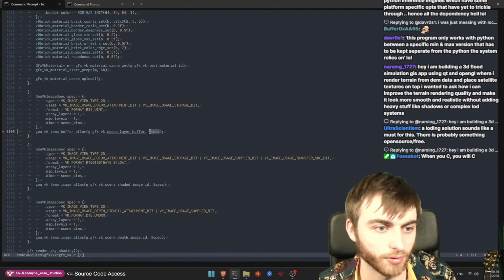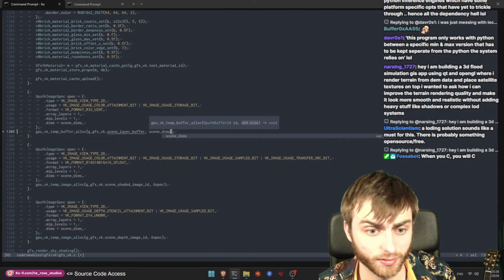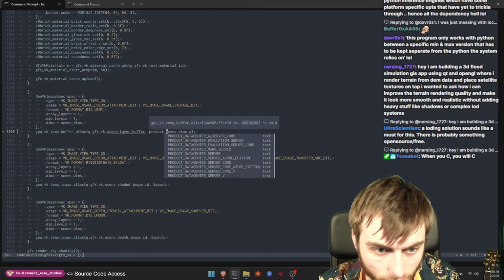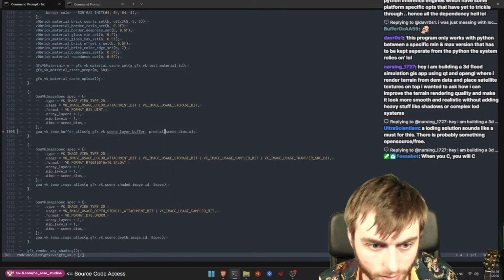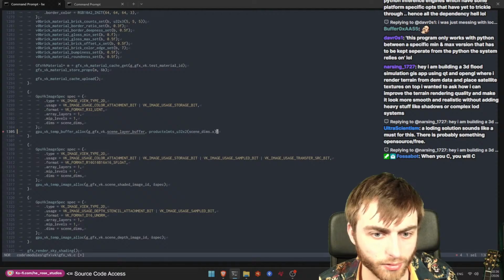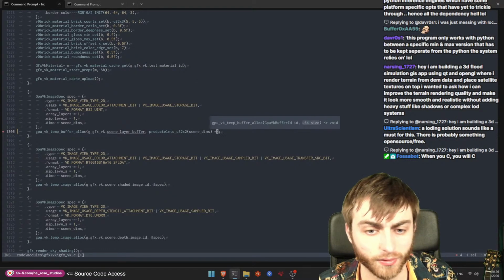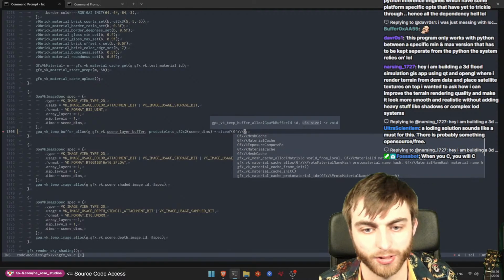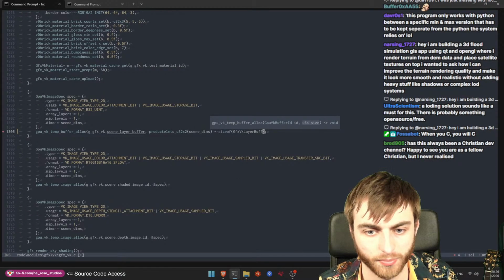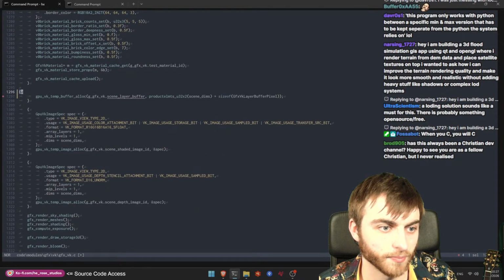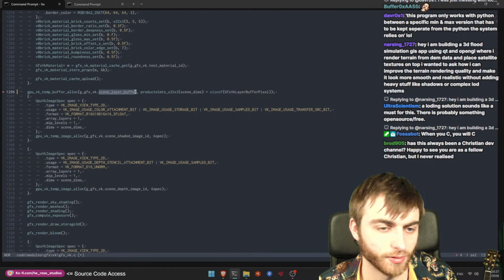That's what I like to see. So the size is going to be scene dims dot x times y. So I guess we can do the product elements u32 times 2. Then we simply just times it by size of graphics VK layer buffer pixel. Yeah, we get rid of all that. Nice. And we simply just